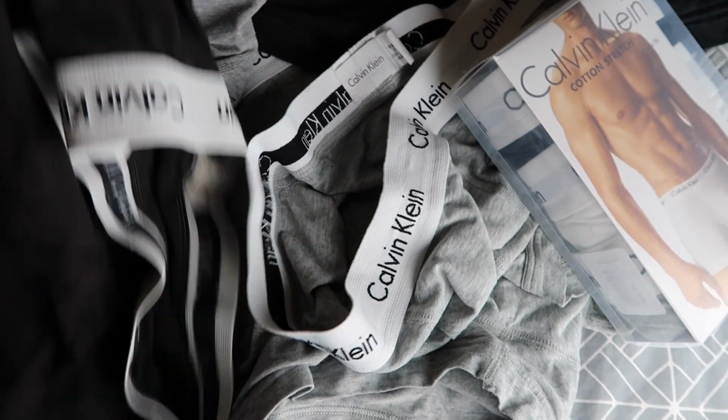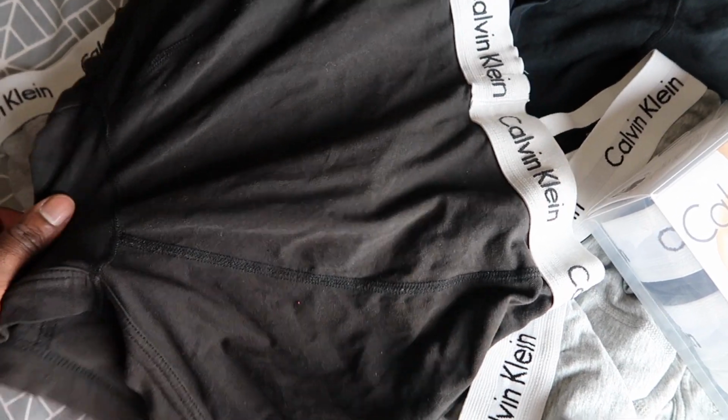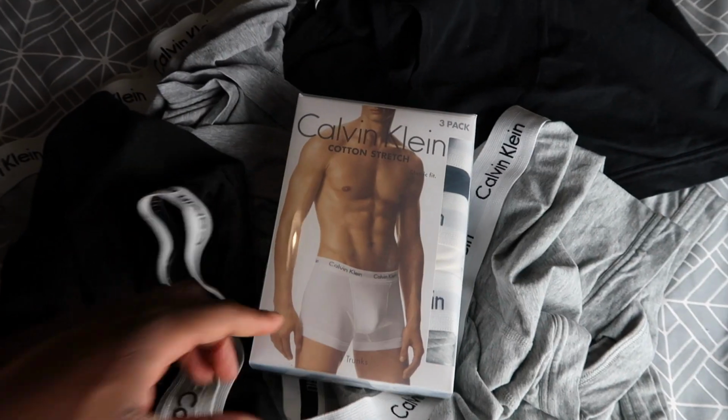And again, if these can go for 4 years, and only after 4 years they start maybe losing their color, to me, I'm very happy with them. So highly recommend them, guys. Go and check them out. If you don't like